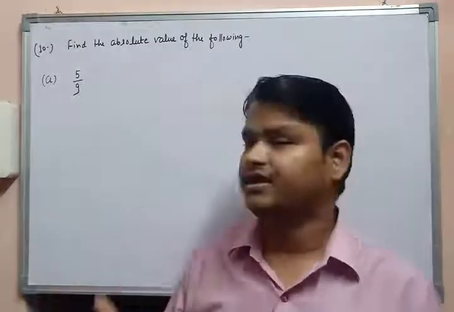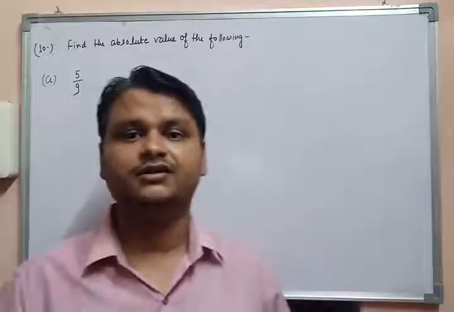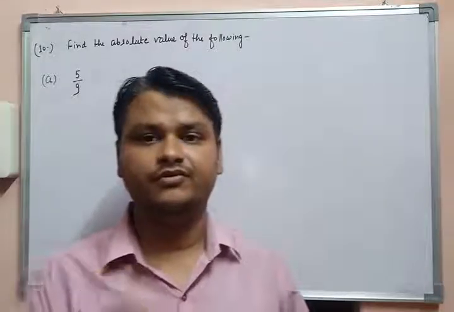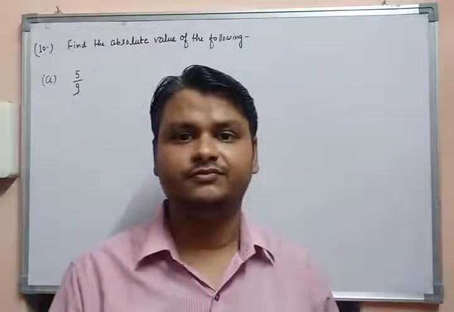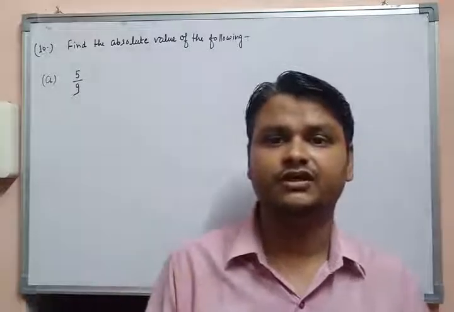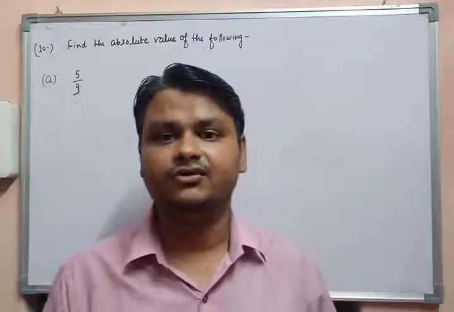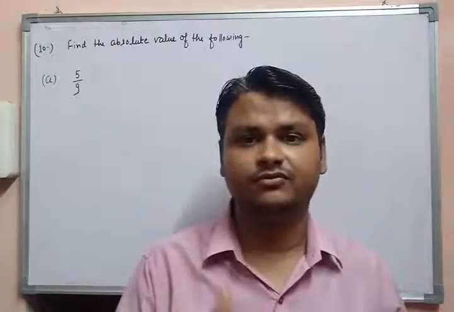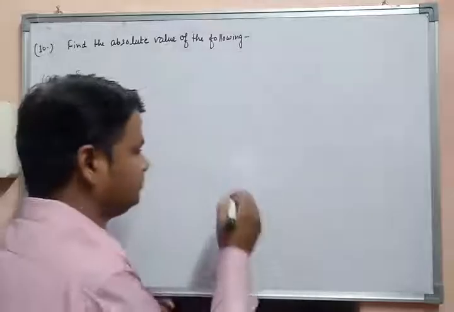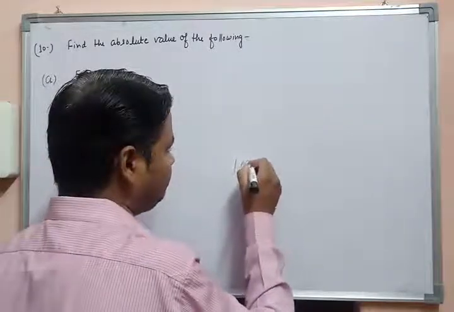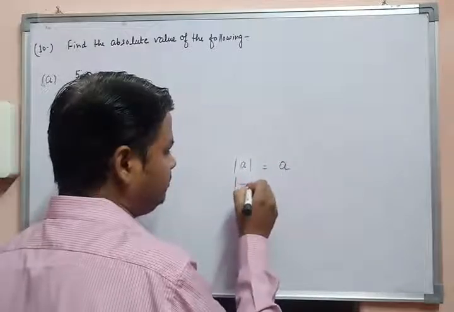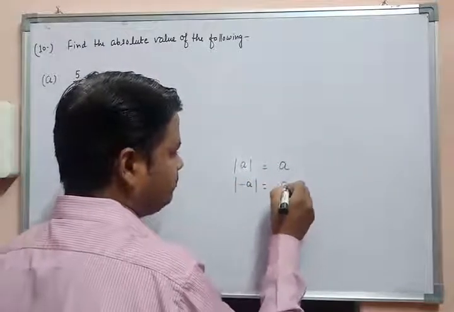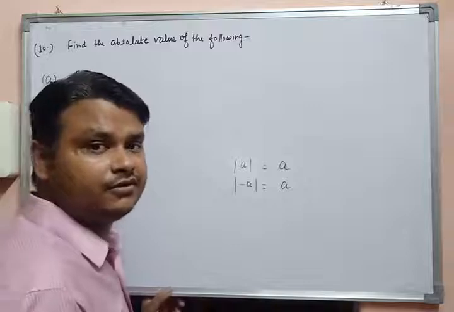irrespective of which sign. It means किसी भी रेशनल नंबर या किसी भी इंटीजर का जो एब्सोल्यूट वैल्यू होता है वो हमेशा पॉजिटिव होता है, और उसके जो भी साइन होते हैं, जैसे अगर मान लीजिए नेगेटिव साइन है तो भी वो पॉजिटिव होगा या पॉजिटिव है तो भी पॉजिटिव होगा. For example, if you want to write the absolute value of this integer then you will get the same, and if you want to write this for a negative integer then you will also get the positive number.